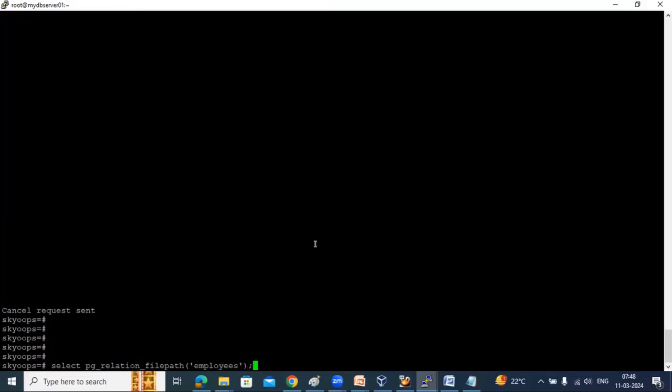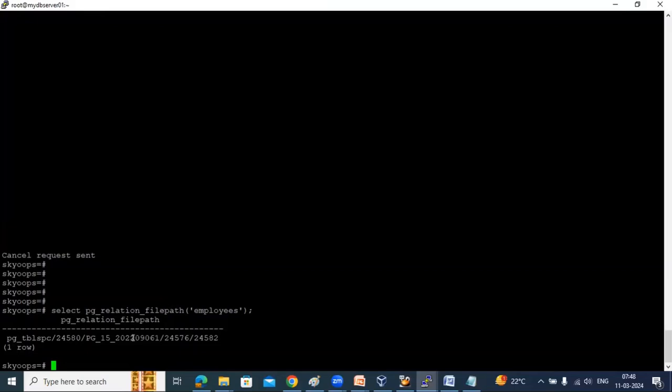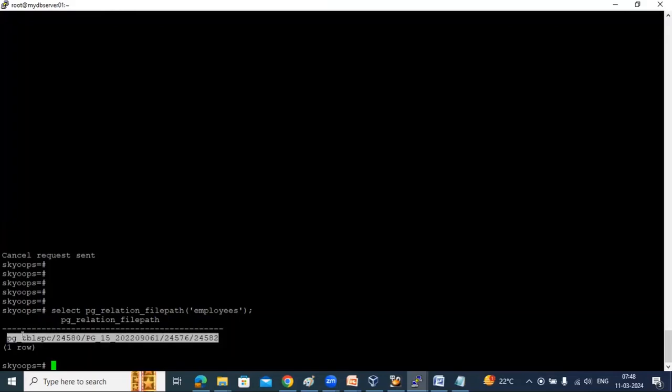Okay, so this is the other view. It will provide the entire path of your table file. You can see this is my tablespace subdirectory under the data directory. Under this particular subdirectory, we have the OID